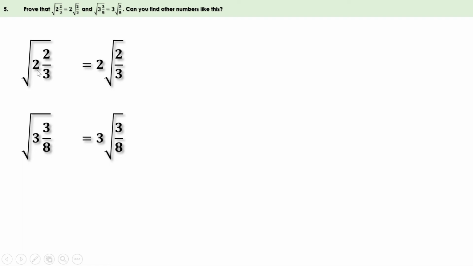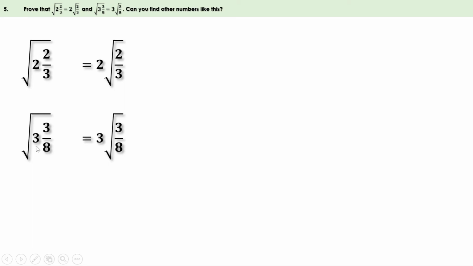What is 2 square? 4, right? What is 3 square? 9. Now have you got the relation? It is just 1 less than the square of this number: 2 square minus 1, 3 square minus 1. And in the next case, if you take 4, how can you write it? When the number is 4, this is also 4, and the denominator is 1 less than the square of this number. That means 4 square minus 1, or 15.